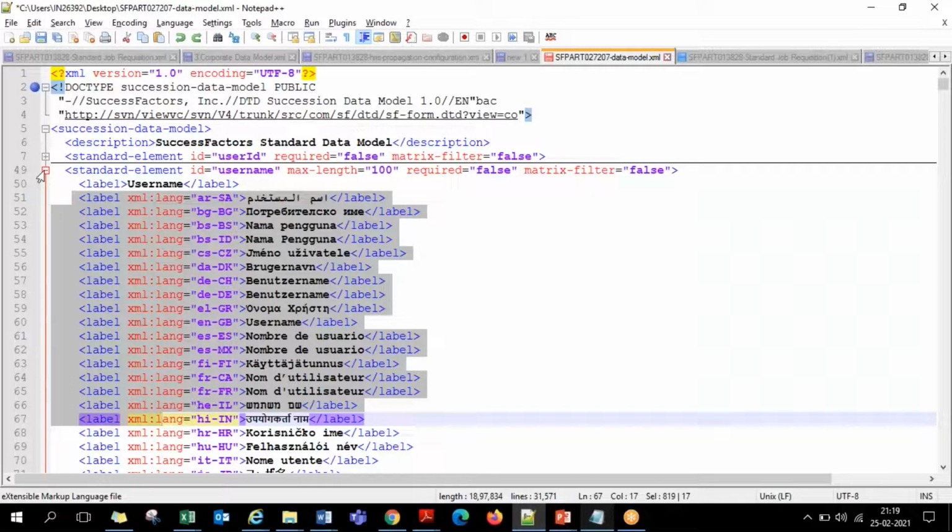Some people used to ask me, my customer is only using 5 languages. Are we required to delete the translations in the other languages present in the XML file? Not required. The standard XML will have all 43 languages. Whichever you activate, only that will appear on the front end. Whichever you don't activate will just stay in the XML. So you need not specifically delete them anywhere in the system, as it is standard and already delivered. Okay, so that is the way.